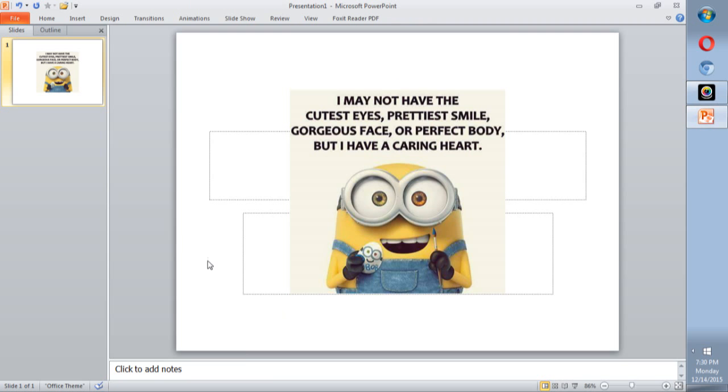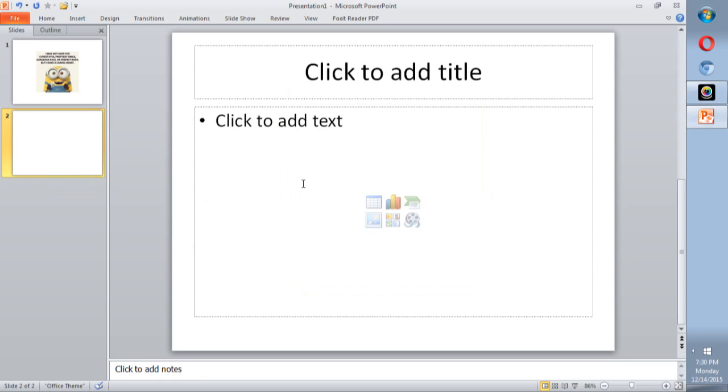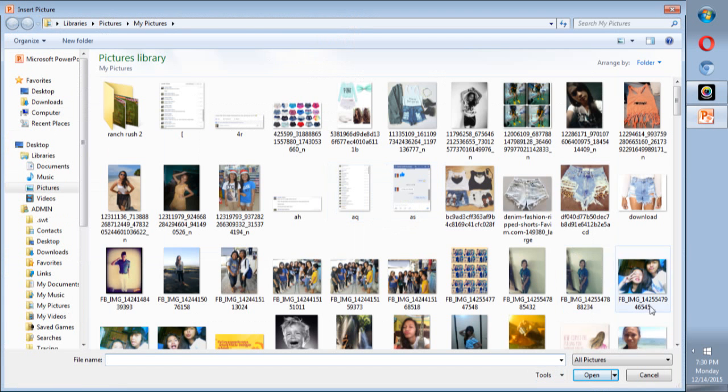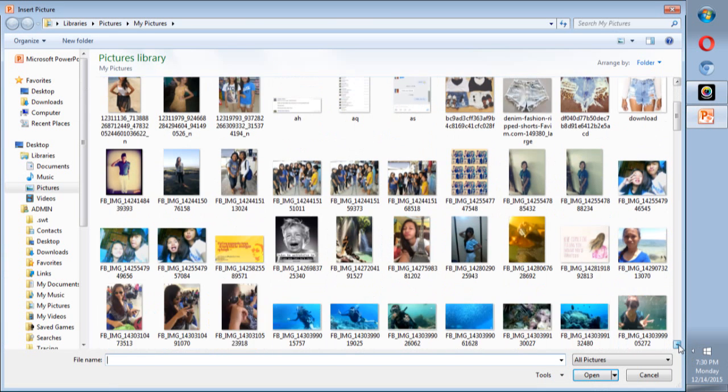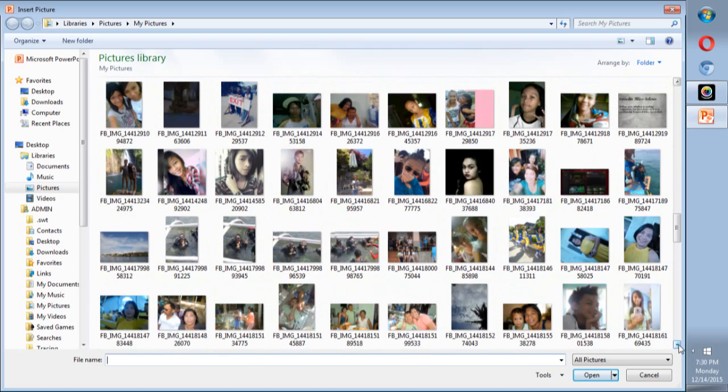And then go to the slide and make another slide. Click the new slide and insert. If you want to insert another picture, just click this one picture here and choose a good picture.